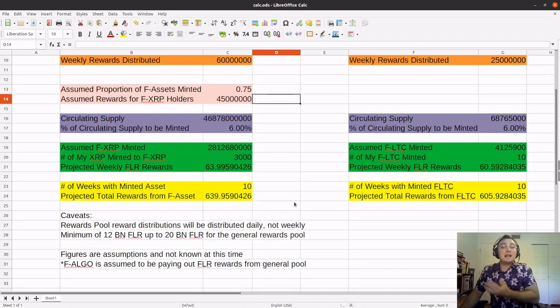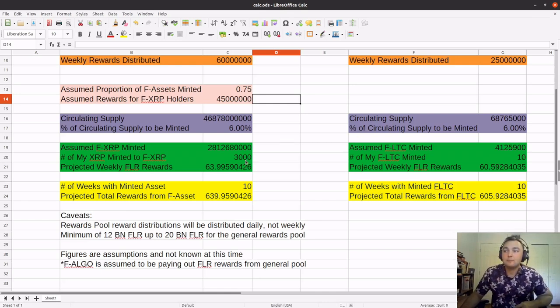We have to make some assumptions on how many XRP or Litecoin will actually be minted into FXRP or F Litecoin. So we can see a circulating supply of about 46, almost 47 billion XRP tokens, and a circulating supply of about 68,765,000 Litecoin. We're assuming that 6% of the circulating supply will be minted into FXRP or F Litecoin. This means that we're assuming a total of 2.8 billion FXRP will be minted and a total of 4.12